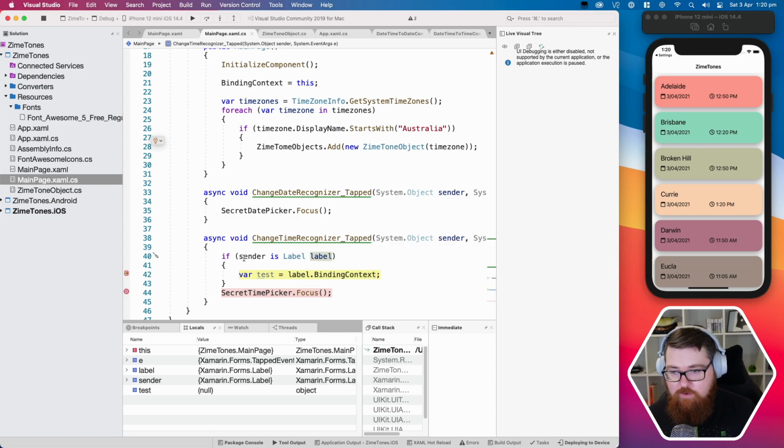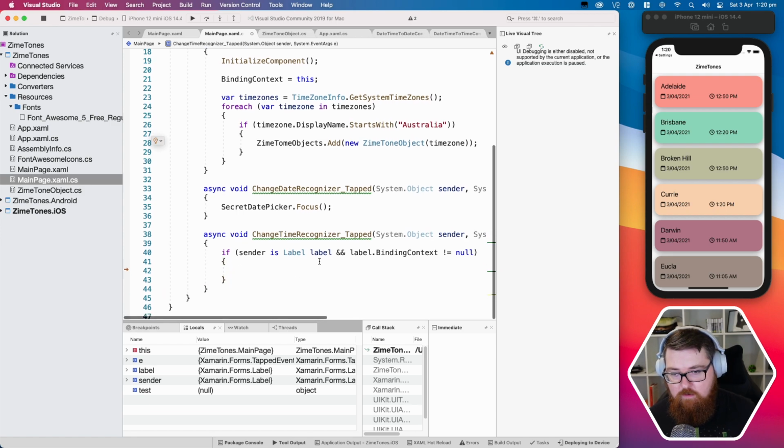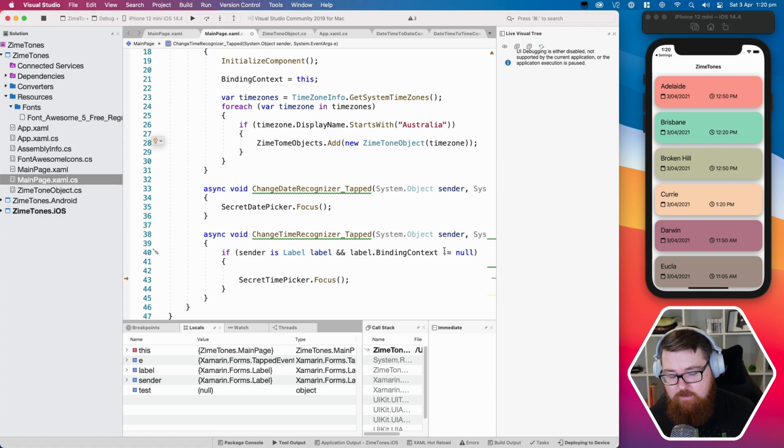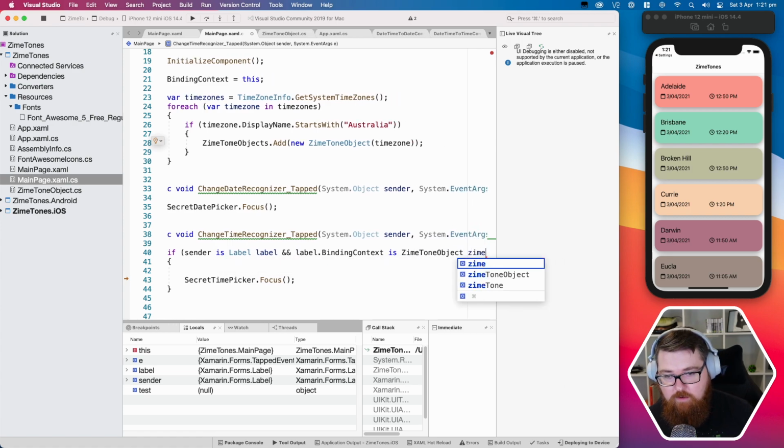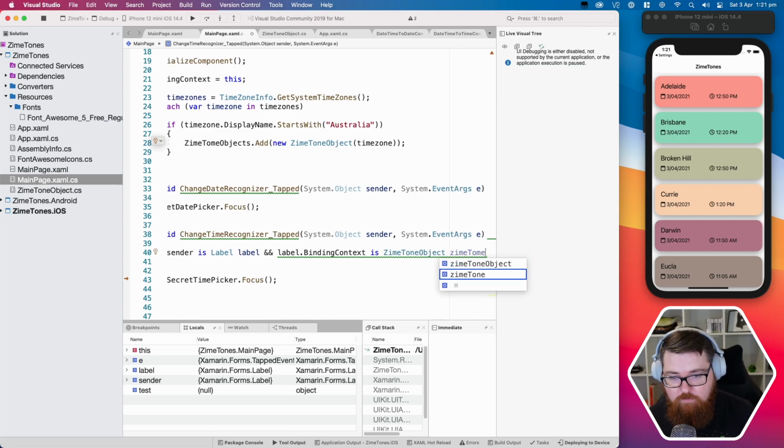So what we can do is, if the sender is label and the label binding context isn't null, well, actually what we can say is if it is a ZimeTone object, ZimeTone,